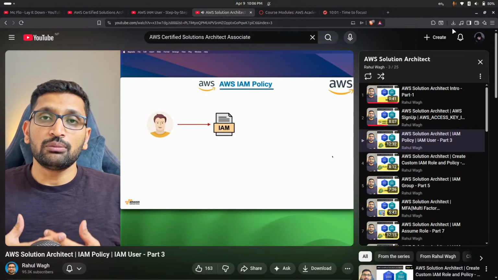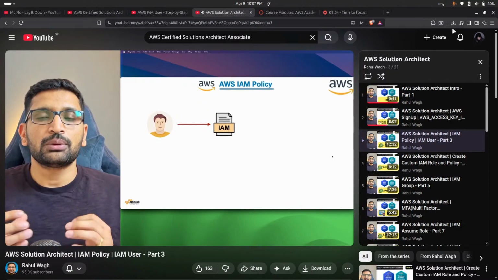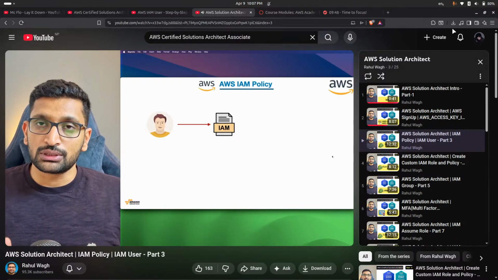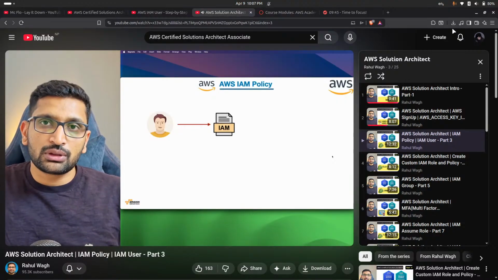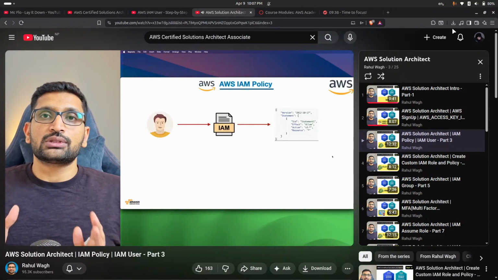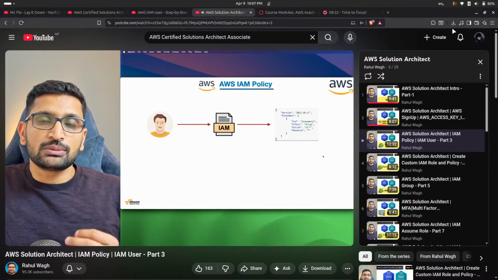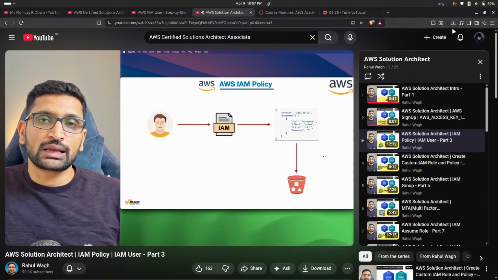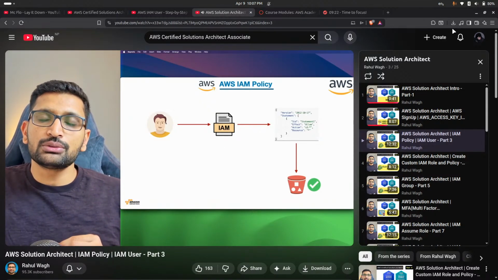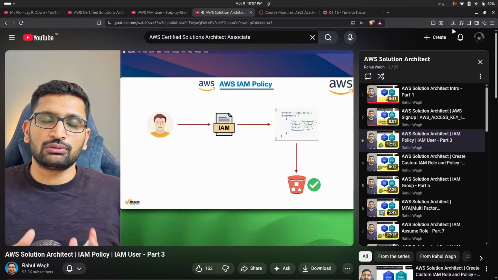By default, I don't have any permission to use any of the services. So for that, we need to create a permission document, and that permission document is called an IAM policy document. That's why we call it an IAM policy as well. So this is a user, and for that user, I'm creating an IAM policy document. And that policy dictates what kind of services that user can use and perform. Here is an example I'm showing to you, and this IAM policy permits that particular user to access the S3 bucket. And once we assign this IAM policy to that particular user, then that user will be able to access the S3 bucket. So that's the significance of our IAM policy